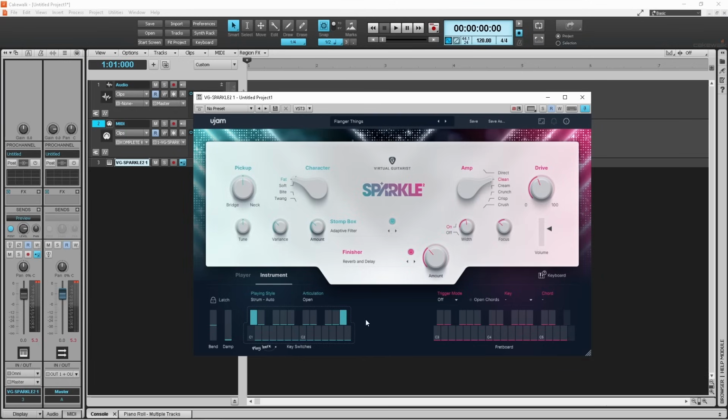So when I play a note now, this is slightly different in as much as you press a note, but it doesn't do anything until you press one of these. And that's because this section here that says trigger mode is turned off. So if I'm going to turn that on,